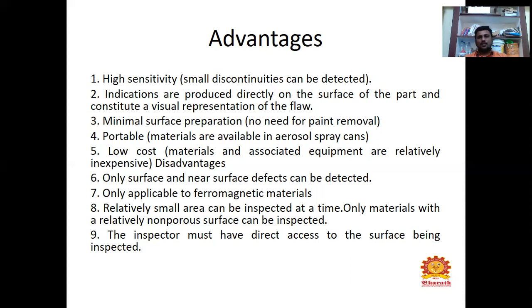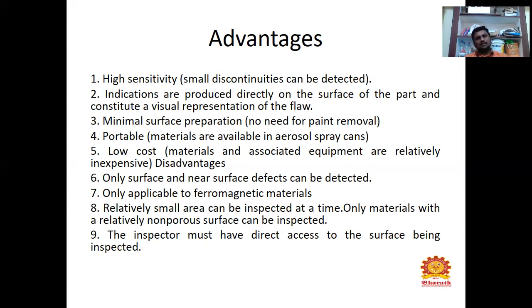If we go to any other method, we need to follow some other extra preparation. Here, there is no need for paint removal or anything else. The surface preparation time is very minimal. That is the major advantage of this method.